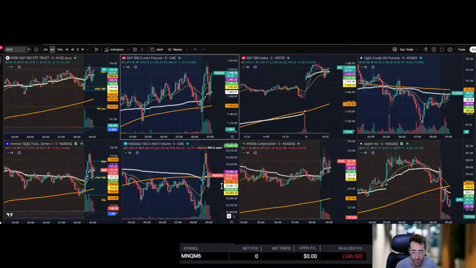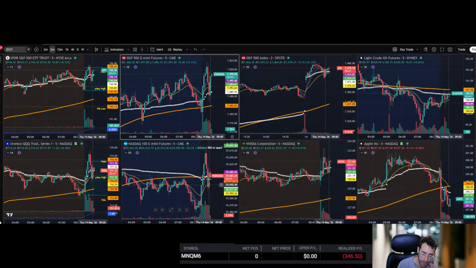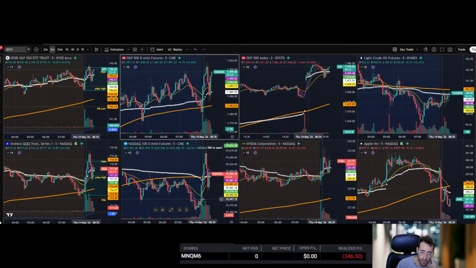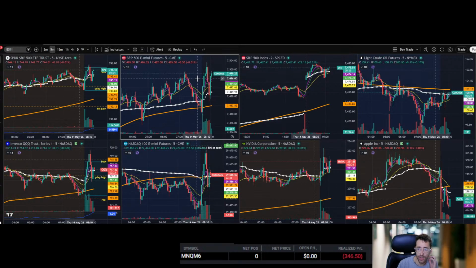See how right now it's ugly. You don't want to trade this. There's no continuing, it's going up and down, up and down. You want to see a little bit of continuation. That one trade was good. I'm not gonna lie, that was poor execution on my part.